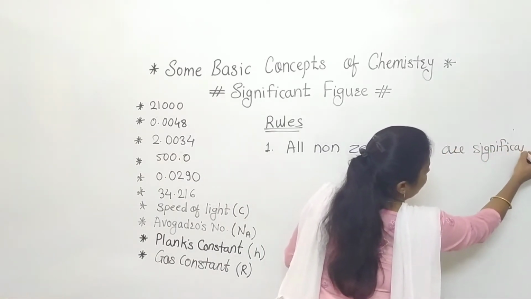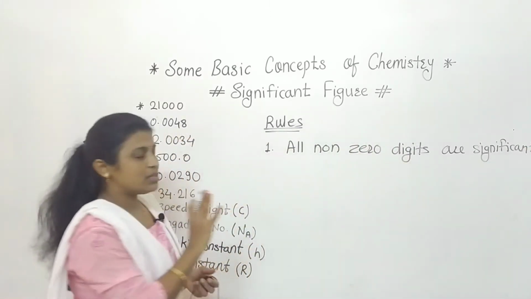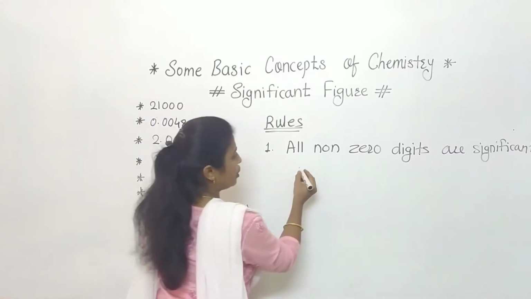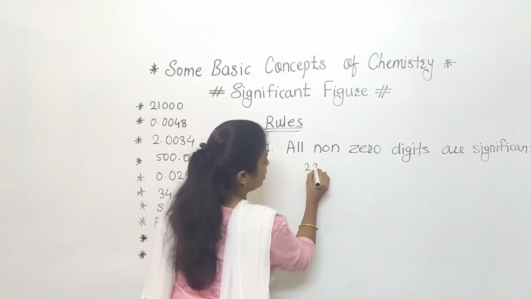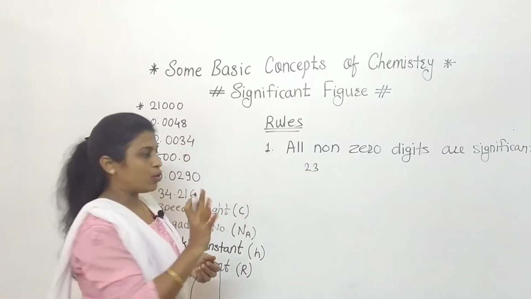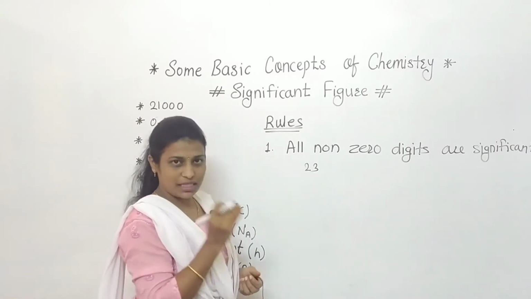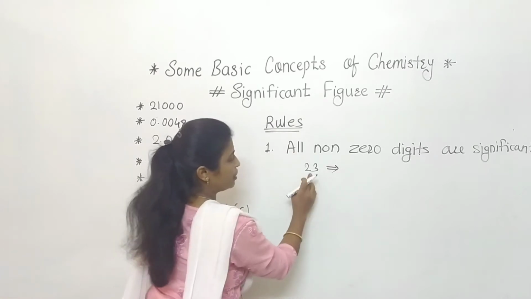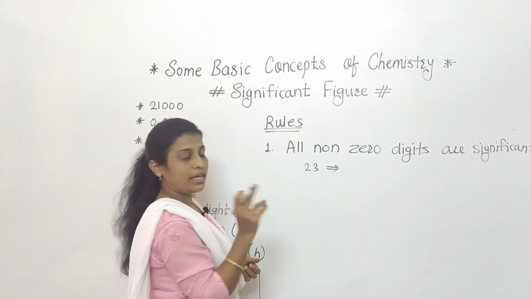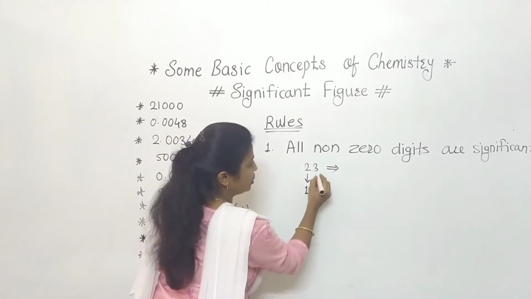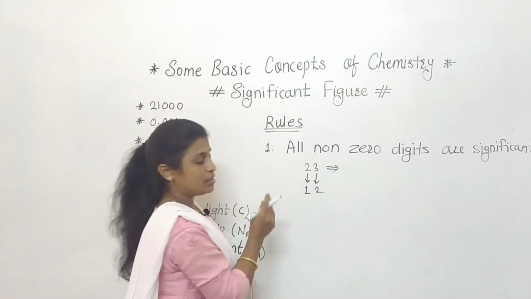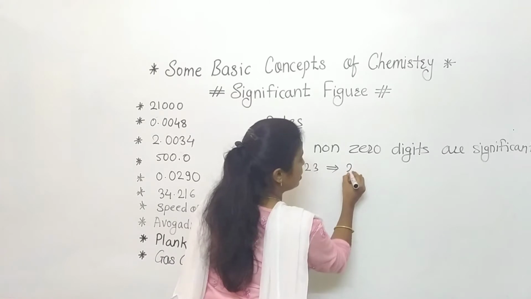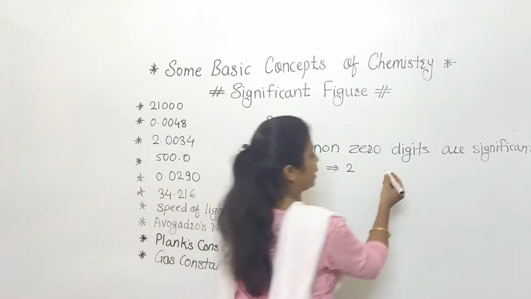अब ये कैसे होगा? देखो, I will tell you. If we consider one example for this one, in that we can say that if we are having the value 23, okay, 23, what is there? Only digits are there. Is there any zero? No zero. Means here the number of significant figures is not 23, it is 2. 2 is the one digit and 3 is the second digit. So the significant figure of this 23 is 2. Clear to everyone?